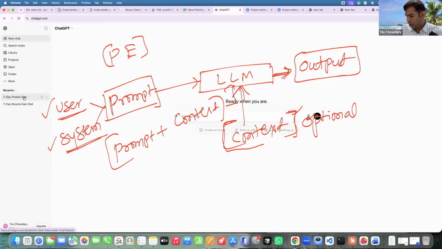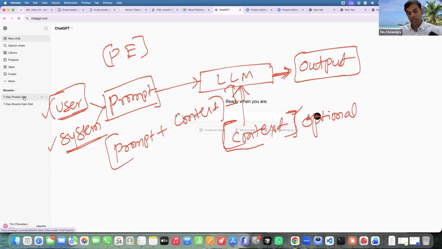Now let's take a deeper look into this. What is user prompt? What are the different types of user prompts? Okay, let me again summarize, right? Prompt is a command or set of commands given to the model to perform a specific task, right? Prompt engineering is the art and science of designing effective prompts, right? There are two types of prompts broadly, right? User prompt and system prompt, right? Context is additional information you share with LLM so that the LLM considers your specific scenarios and generate output accordingly.